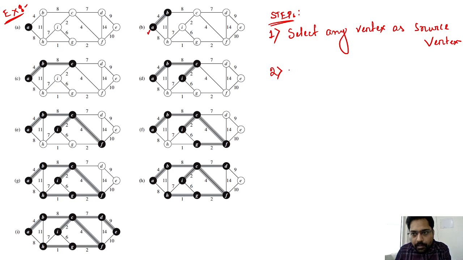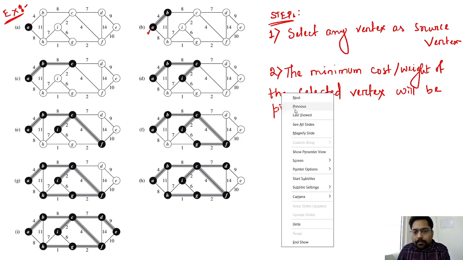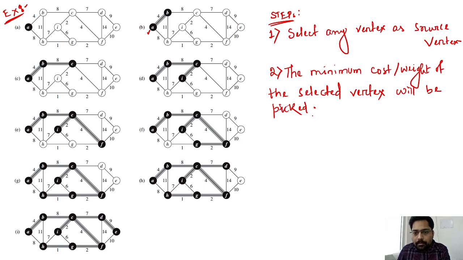So you can say the minimum cost or weight of the selected vertex will be picked. Okay, then step 3, repeat step 2 until,